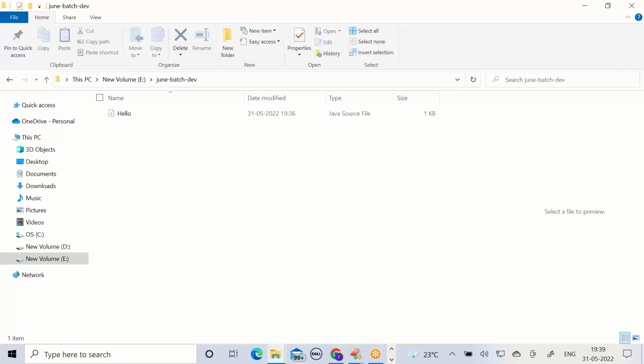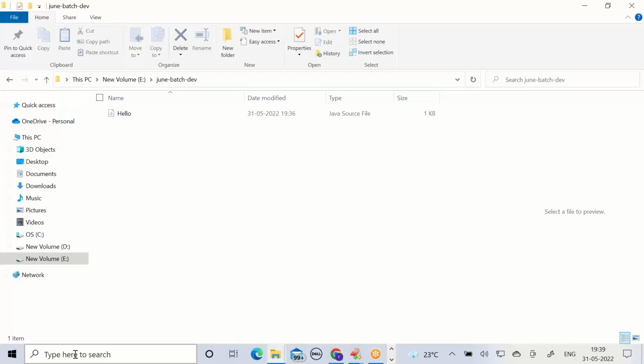If you are not updating the path, you cannot run the javac command from the E drive. We already updated it, so we can run javac from anywhere, C drive, D drive, E drive, F drive. We need to run the javac command from the place where the Java file is saved.